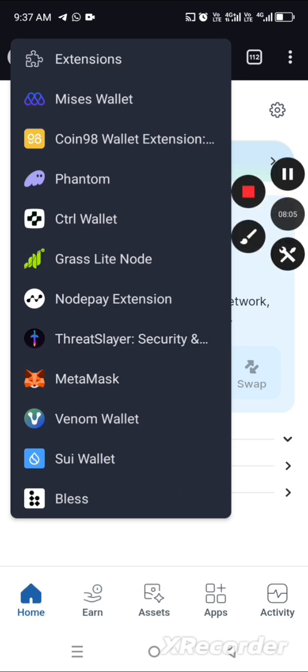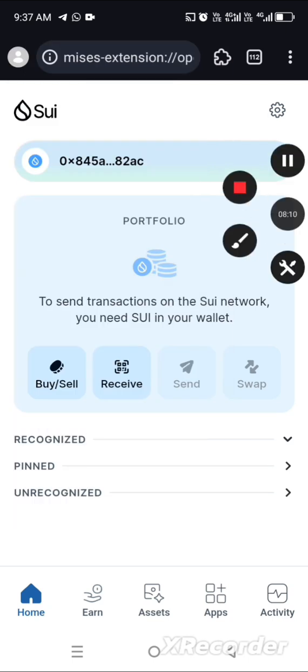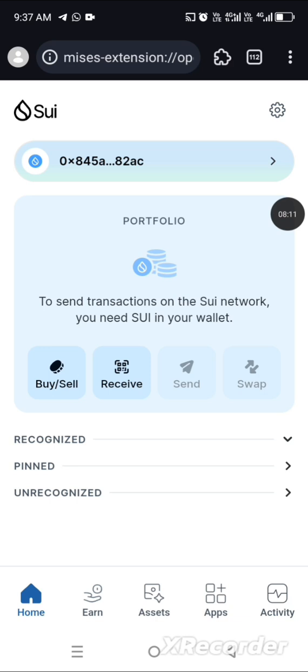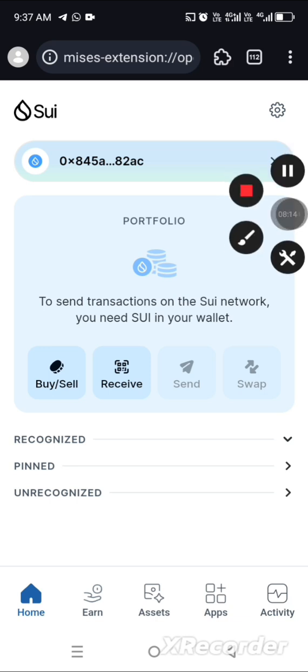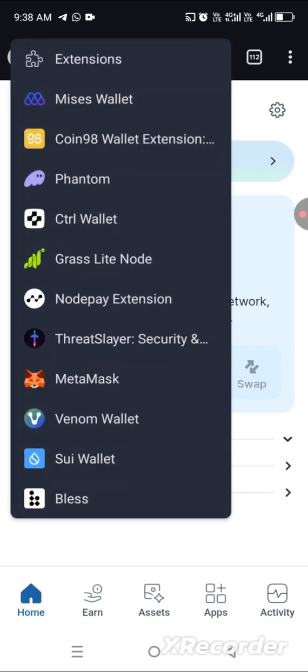So that's how to create your wallet, and that's how to use your Messi browser. So this applies to any Chrome extension you want to use. You know, we're doing Grass and NotePay. This is how to create it. The same